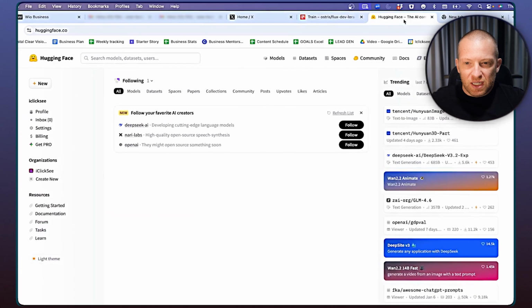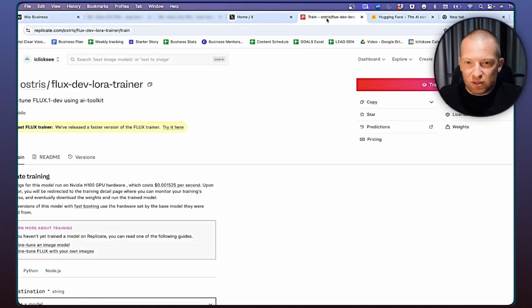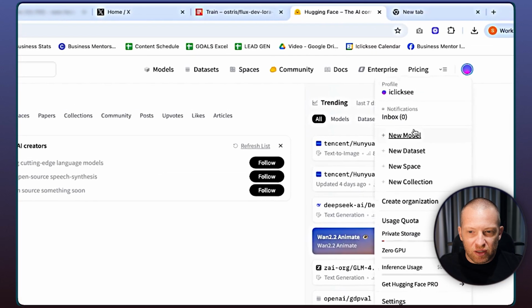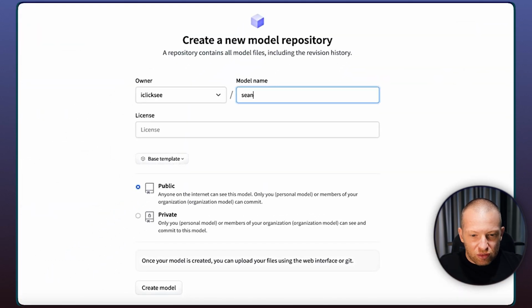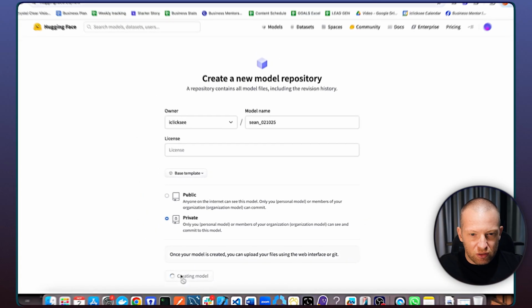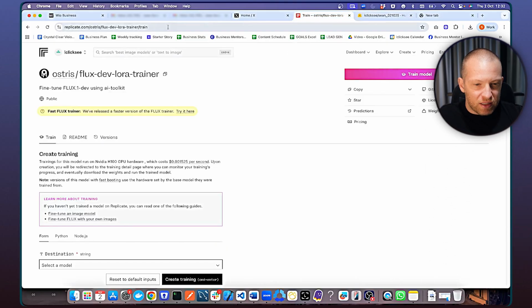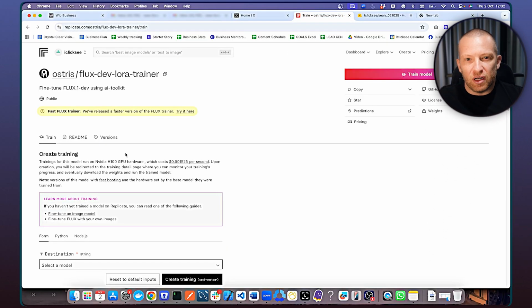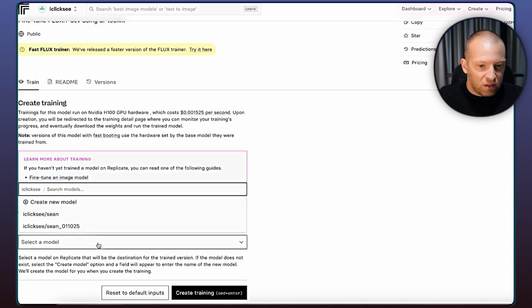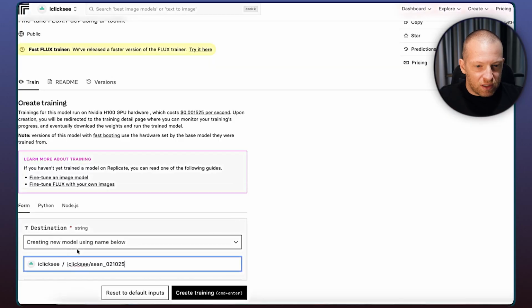So what you're going to need is a Hugging Face account and a Replicate account. We're going to go over to Hugging Face and create new model. Sean, and I'll just date it as well, 02/10/25, license, and we want to make that private. Create the model. Copy this model, and then we go over to Replicate, and I'll leave this URL in the description as well. So you want to type in your model in the destination,